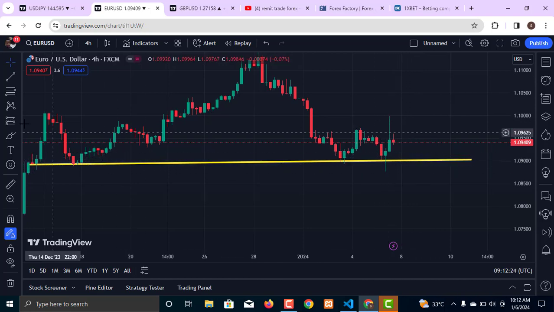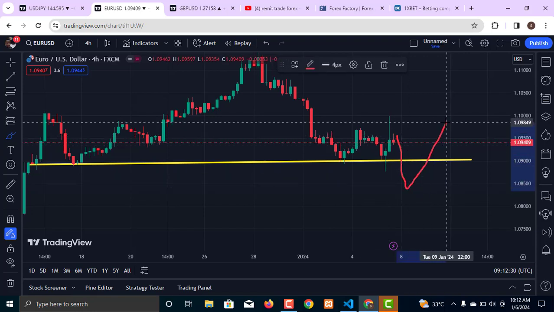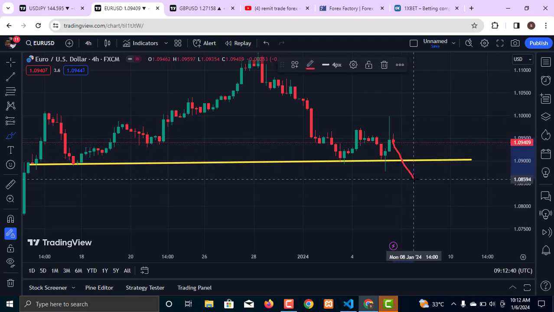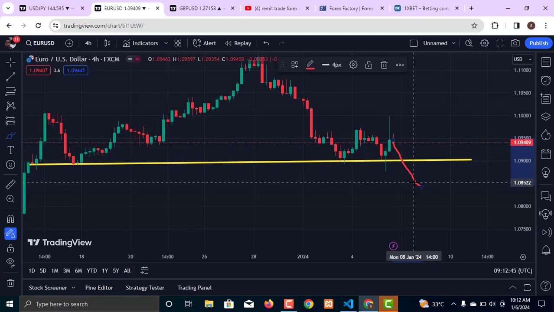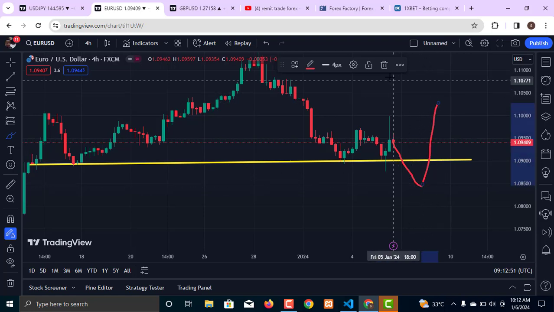We see rejection. So once you see that very breakout, the market is going to continue to the downside before the next move upward. This is what I am expecting as we open the market on Monday. So for Euro USD, wait for the market to drop back down and then look for a buy position after this little drop that I am expecting in the market. A buy position will be a nice thing to do for the market to begin to move to the upside on